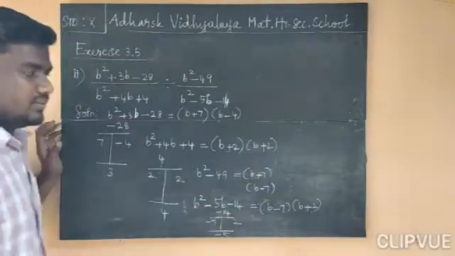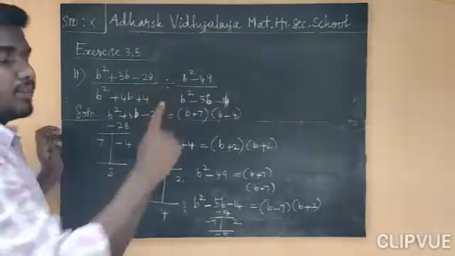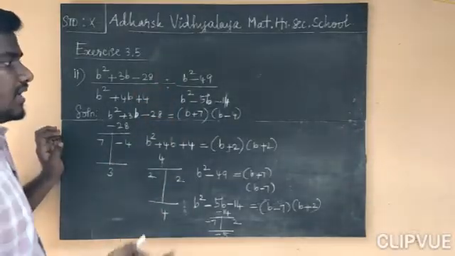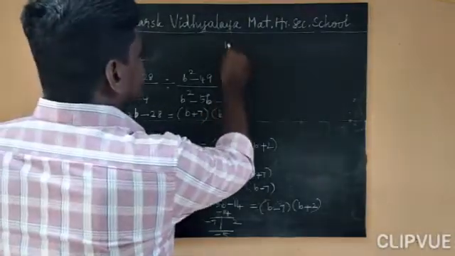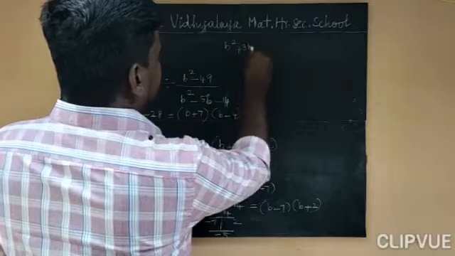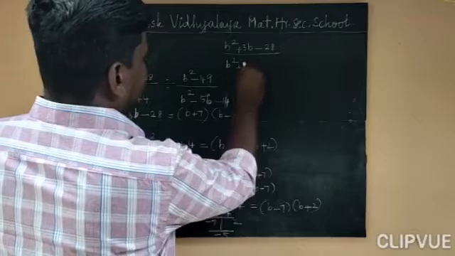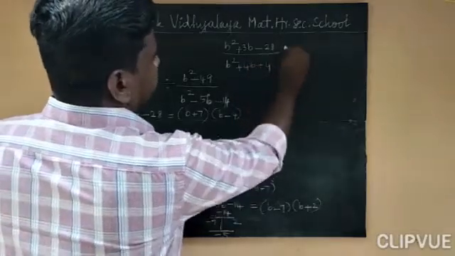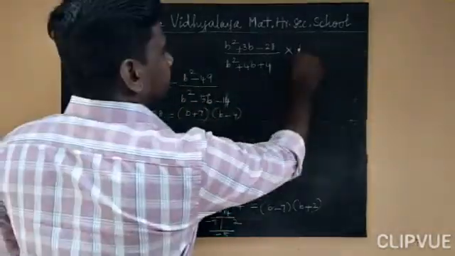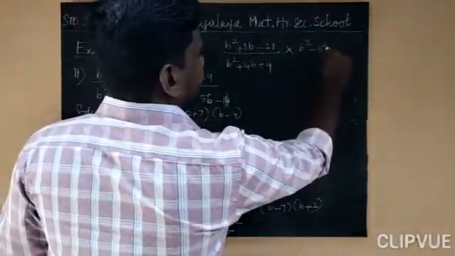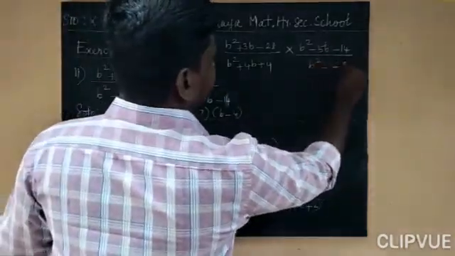So now we found the factors of all the quadratic polynomials. And already I told you how division works: by changing it into multiplication, the following rational expression will be written in its reciprocal form. So first, b square plus 3b minus 28 divided by b square plus 4b plus 4, change the sign to multiplication. Its reciprocal is the inverted form: first b square minus 5b minus 14 divided by this one, b square minus 49.